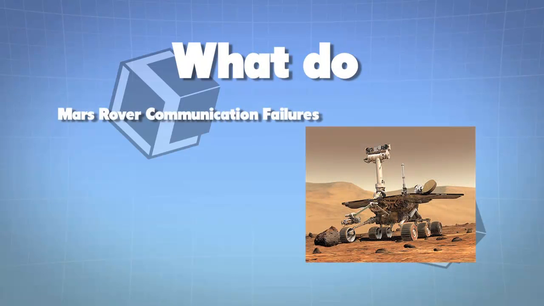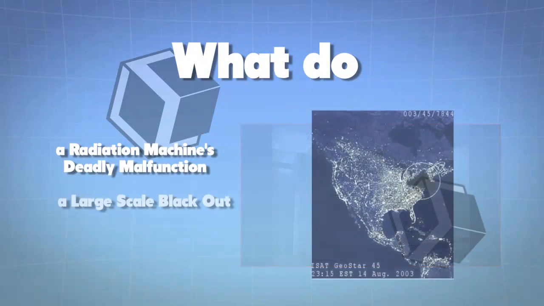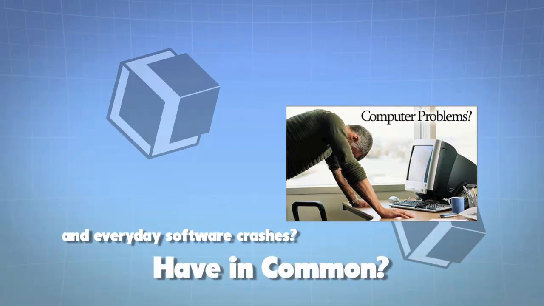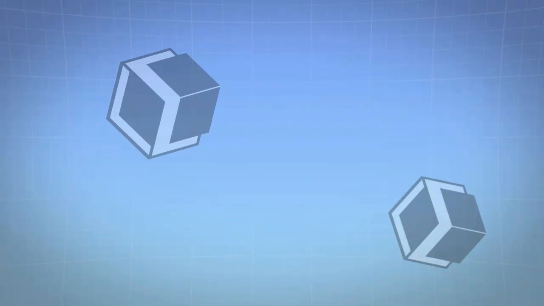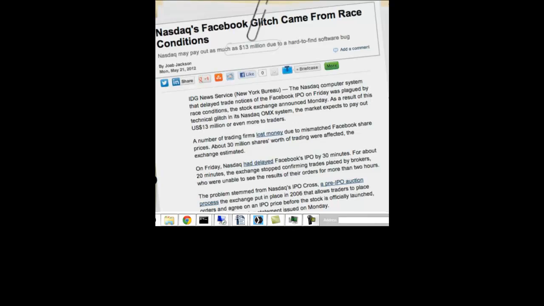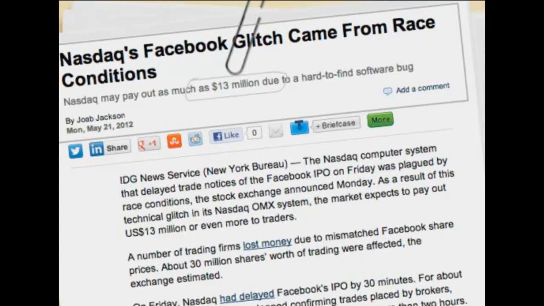What do Mars rover communication failures, a radiation machine malfunction, a large-scale blackout, and everyday software problems have in common? They all have to do with software bugs related to specific parallel processing, multi-threading issues, race conditions, and deadlocks. A common saying between the practitioners looking at this phenomenon is that any sufficiently complex multi-threading software system is riddled